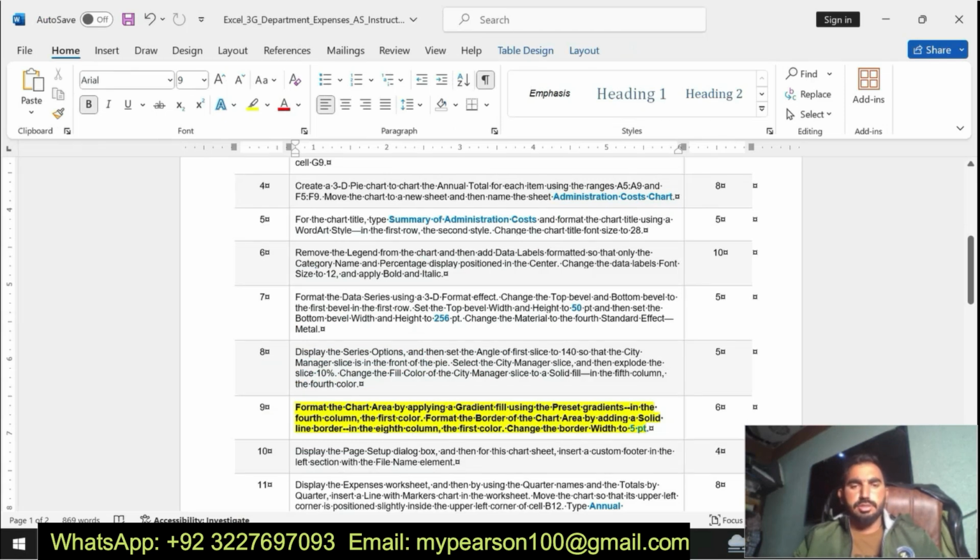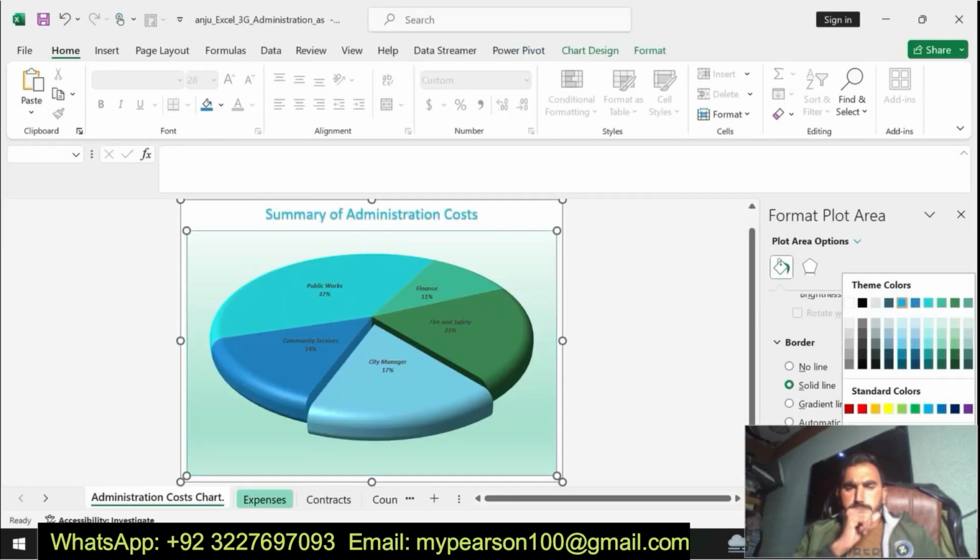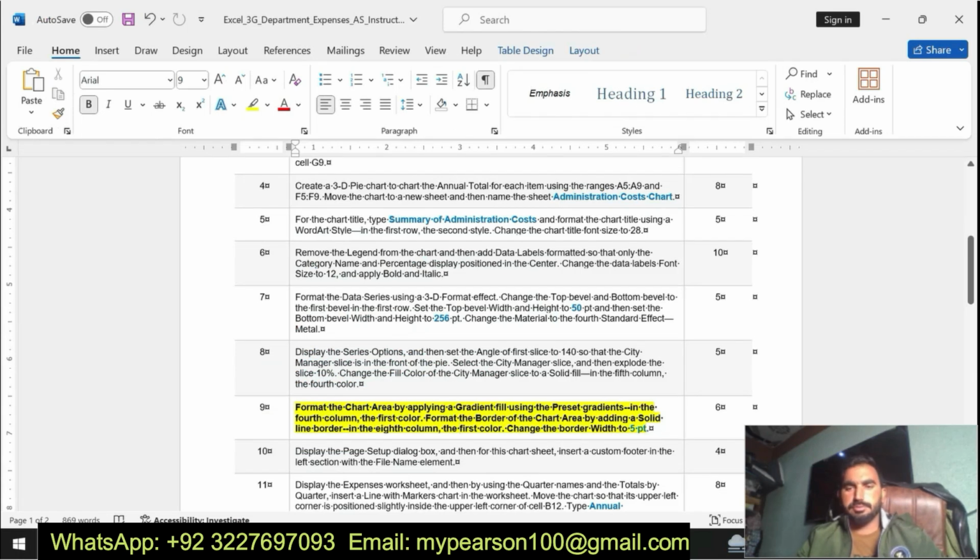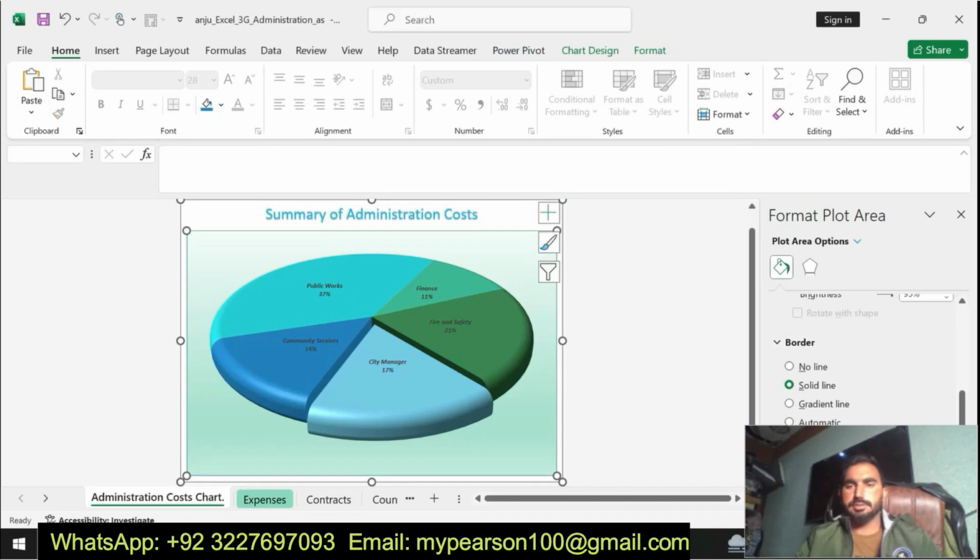Now, in the first color, change the border width. Now we are going to change the width for the border line. There is 5 point. Fifth point. Change the border line.